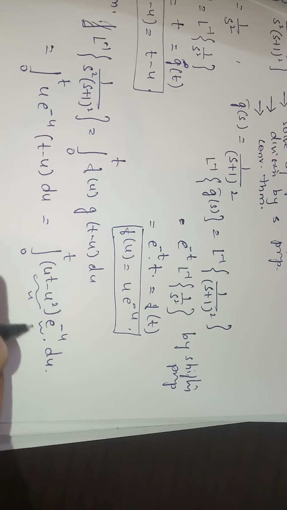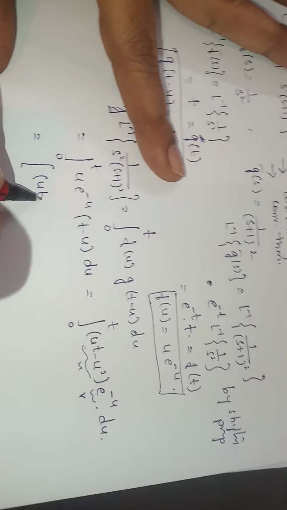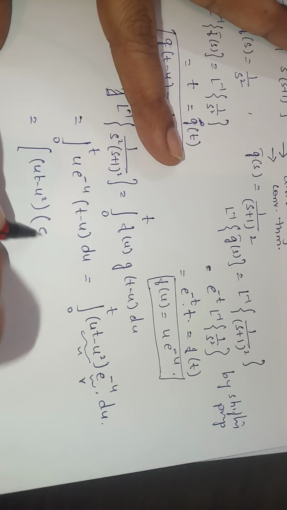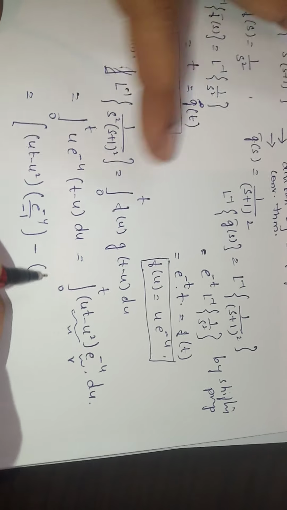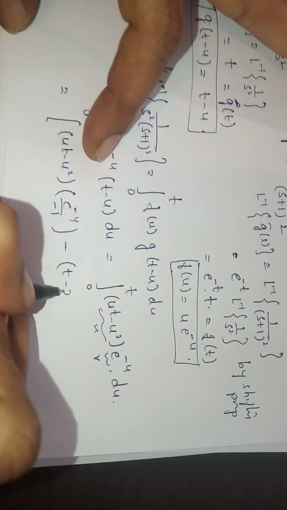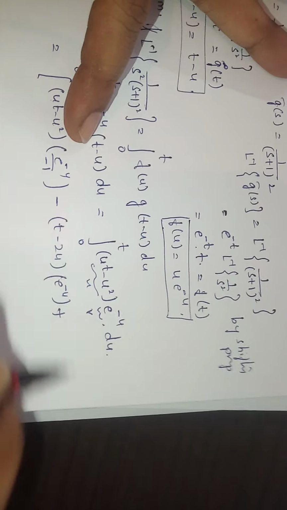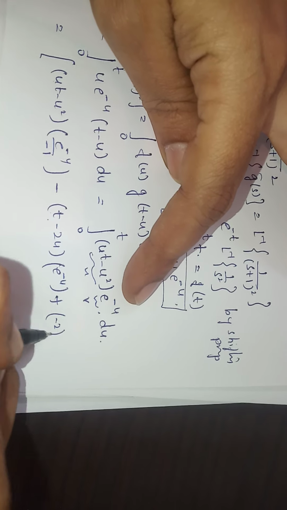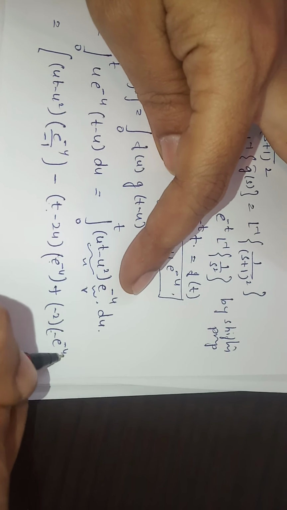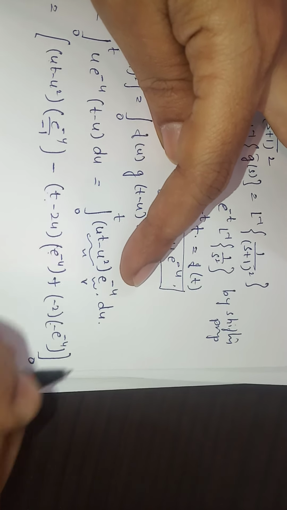Now this is your u and this is your v. Applying Leibniz rule or integration by parts, whichever you feel easy, you can do that. By Leibniz rule, the first function into integral of the second one, minus derivative of the first bracket with respect to u, where t is a constant, minus 2u, integral of the second bracket, it becomes plus. Third term positive. Derivative of this bracket is, this is a constant, so 0, this is minus 2. Integral of this is e to the power minus u with a negative sign. The other term becomes 0 because derivative of minus 2 is 0, from the limits 0 to t.